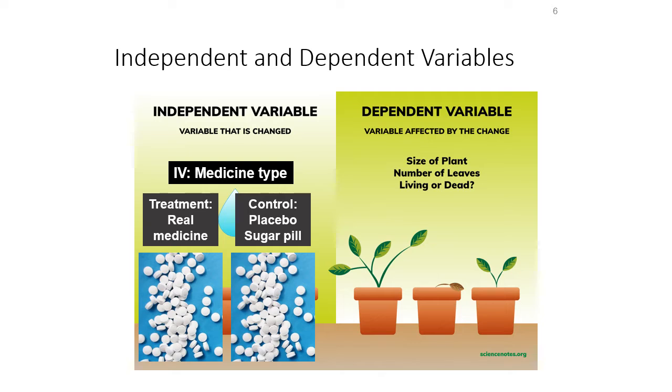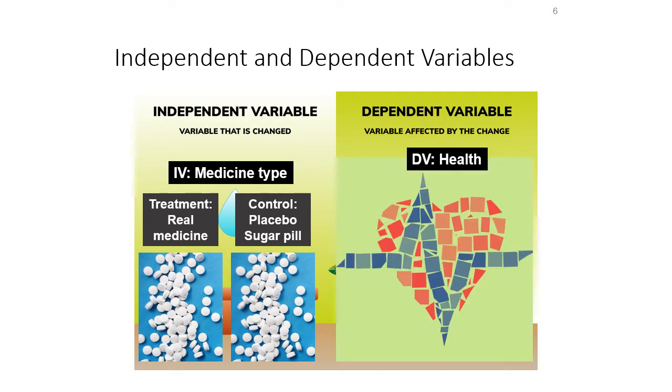Another example might be something like this. Let's imagine that someone, a doctor or a public health student, is interested in some measure of health, and she's got some way of measuring this dependent variable of health. And she thinks that there's some sort of medicine that's going to contribute to it. So she has one treatment that's the real medicine, some sort of supplement that she thinks will help the health of people, and then a control group, a placebo, a sugar pill without her important medicine in it that she